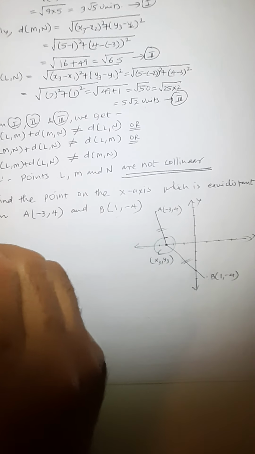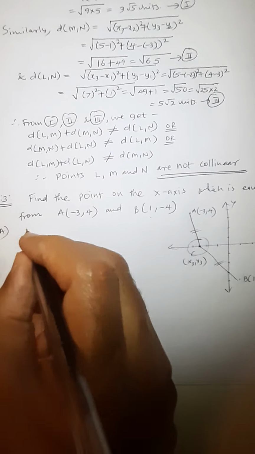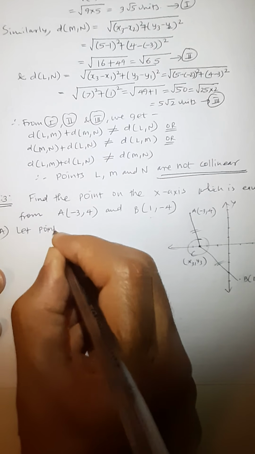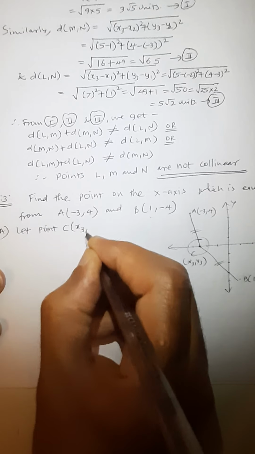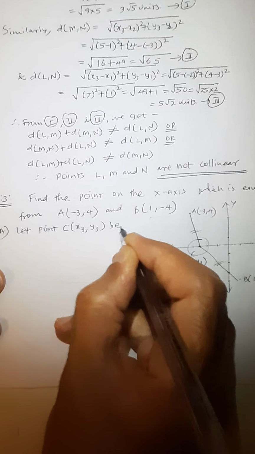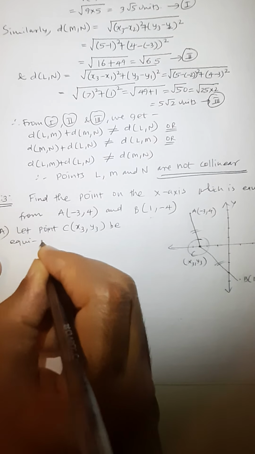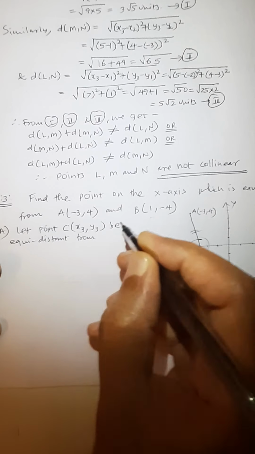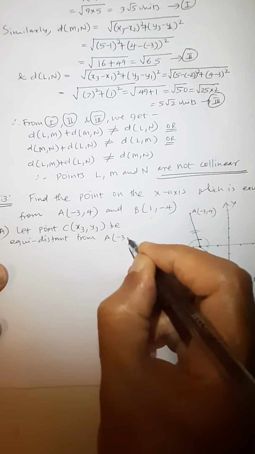So what do you have to write? In the answer we write: let point C, having coordinates (x3, y3), be equidistant from A (-3, 4)